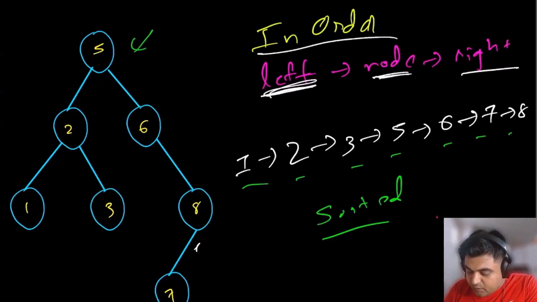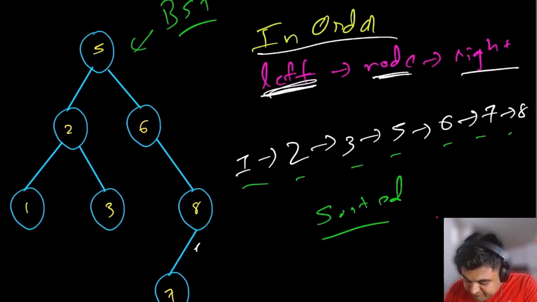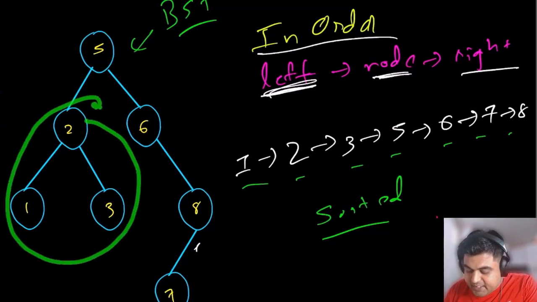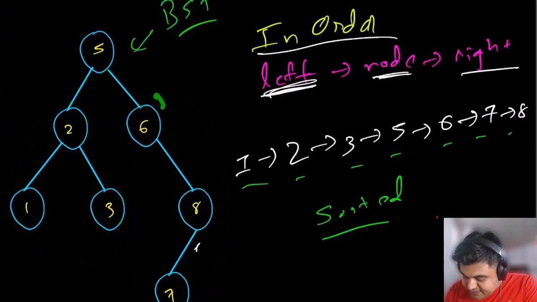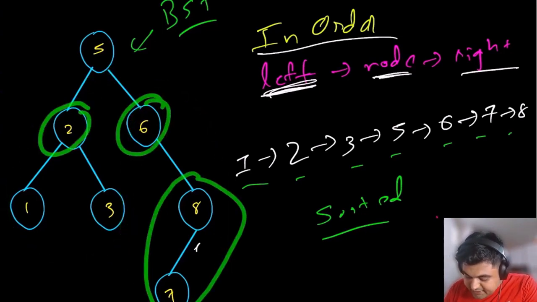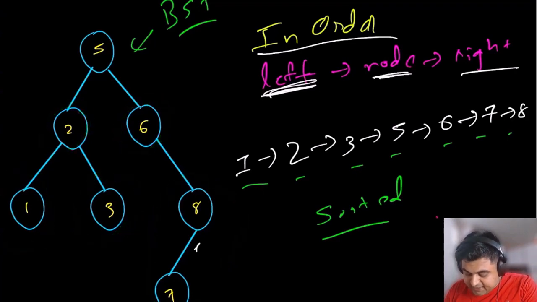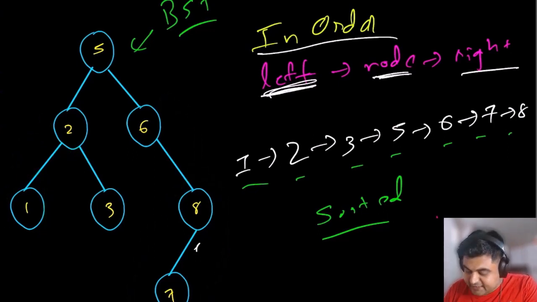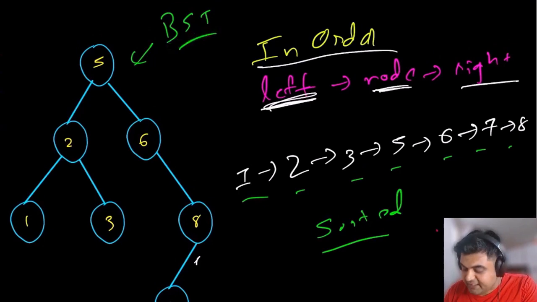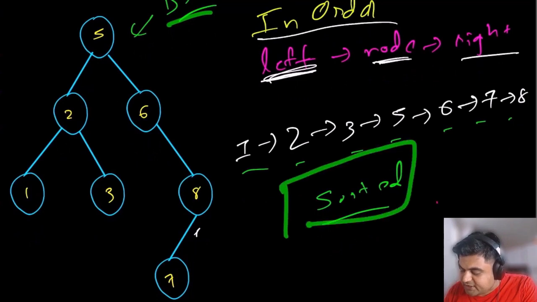Because the tree that I drew over here was actually a binary search tree, where I'm maintaining a property that every element on the left side of the subtree is going to be less than the root node, and every element on the right side of the subtree is going to be greater than the root node. And this is present for every single node that has a left element and a right element, that all the values on the left are going to be smaller than the root node and all the values on the right are going to be greater than the root node. And this is how a binary search tree is defined. And using in-order traversal on a binary search tree, we are actually able to generate the sorted array.